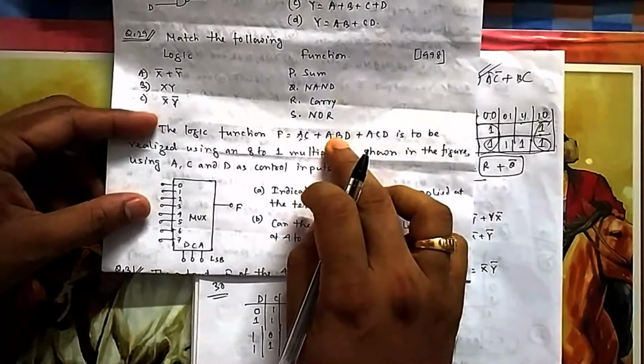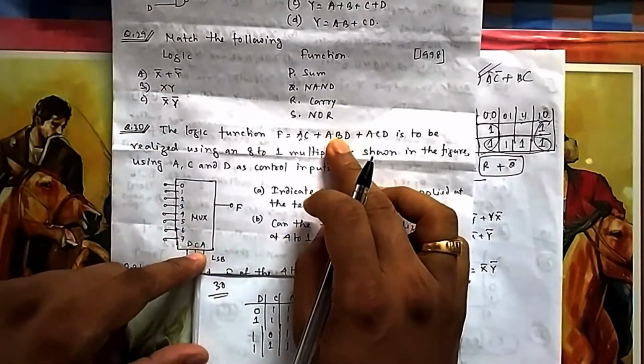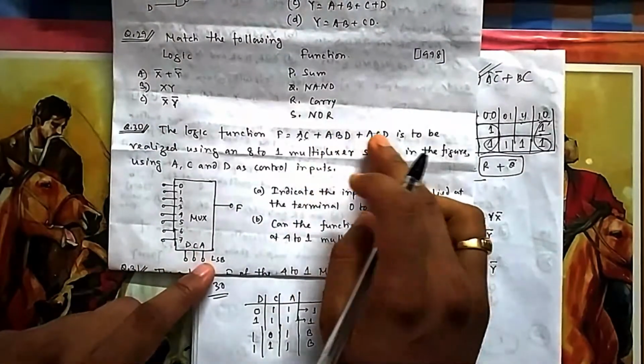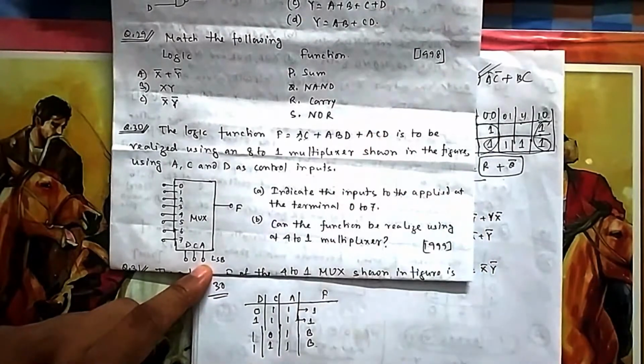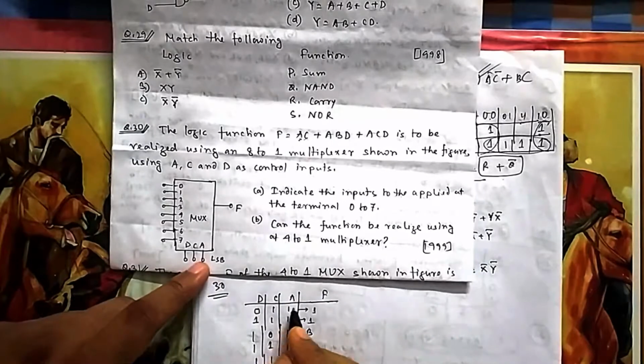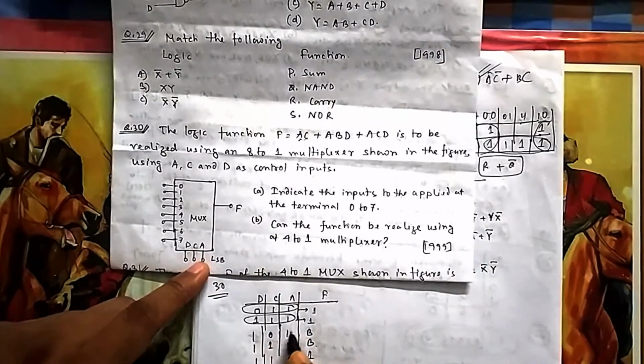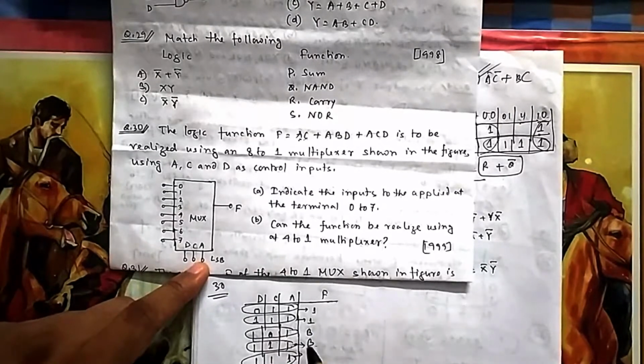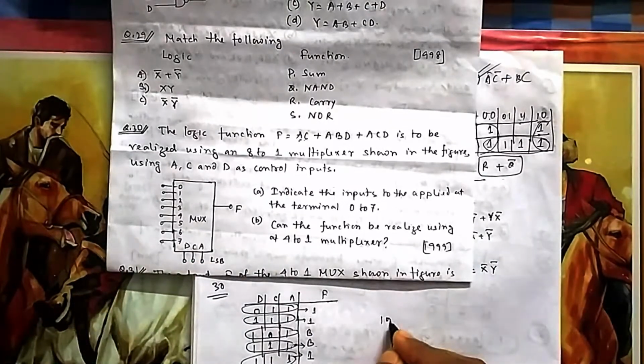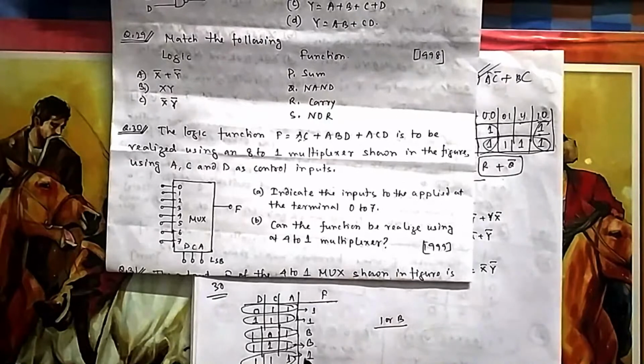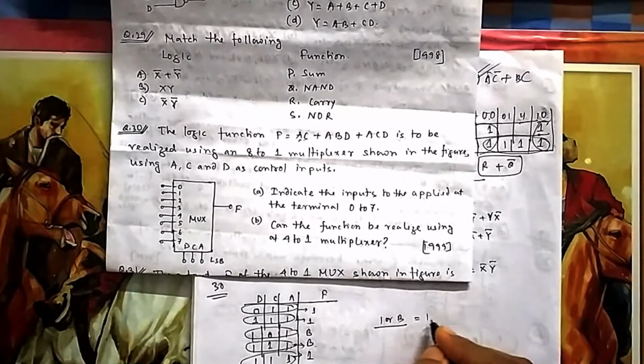You have to write in terms of B, because B is not here. You can choose only A, C, D, these values. Here, if all three are 1, then also your output is 1. So this is one case, this is also 1, and these are the same. So this is actually an OR option, 1 or B. It can be 1, it can be B, anything. So 1 or B, OR means plus, OR gate. So 1 plus B is 1. So you will consider it 1.